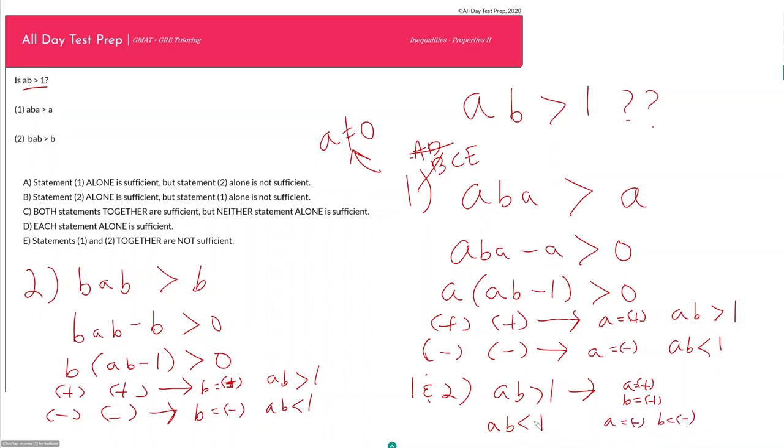Because even though, if A is negative and B is negative, AB will be positive, it can still be less than 1. So we can still have this scenario here, and therefore AB can still be greater than 1 or less than 1. And therefore, looking at our statements together doesn't really contribute much new information. AB can still be greater or less than 1. And E is our answer here. In the next videos, we will look at some more inequality